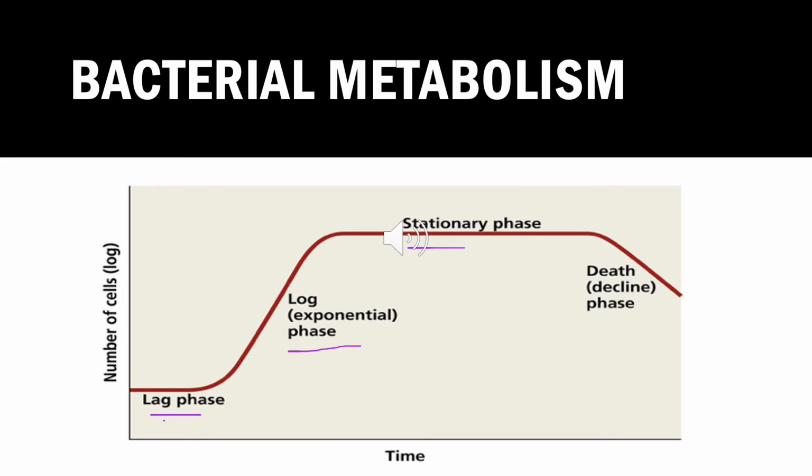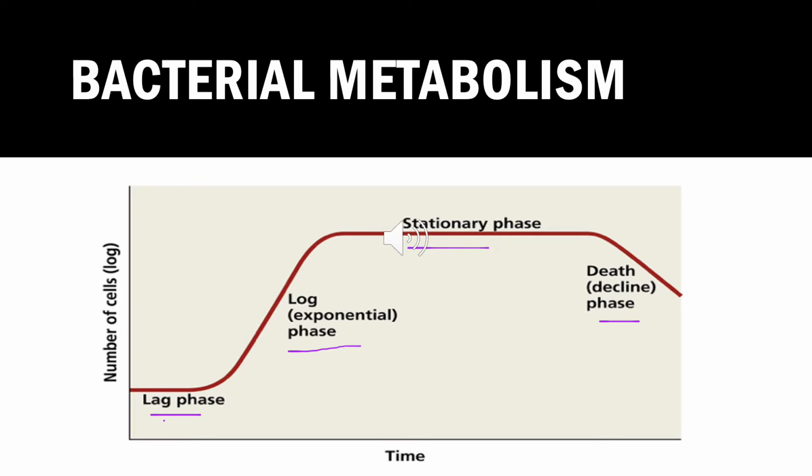We've got the lag phase, the log phase or exponential phase, the stationary phase, and then the death or decline phase. So in the lag phase, the bacteria are kind of just becoming accustomed and adapted to their environment and the nutrients available there. In the exponential phase, that's when the growth's occurring, the rapid doubling, tripling,